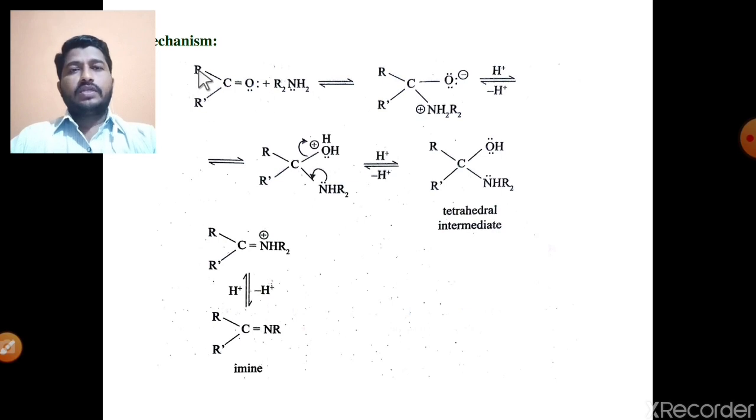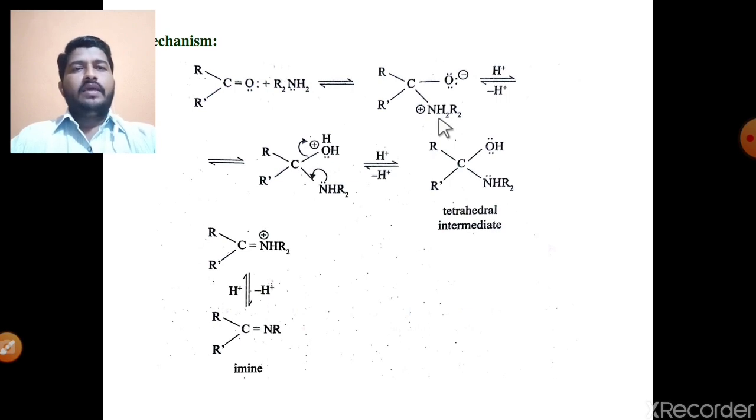See, the carbonyl compound R-C double bond O-R', polarization of this carbonyl group C=O. Oxygen is more electronegative, so it gains partial negative charge. Carbon gains partial positive charge. In the case of this amine RNH2, nitrogen has an electron pair. The electron pair of this nitrogen attacks the carbonyl carbon. At the same time, delocalization of pi electrons takes place towards the oxygen, so oxygen gains negative charge, and with loss of the electron pair, nitrogen gains positive charge.